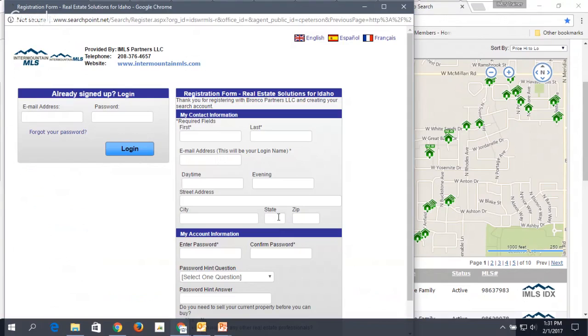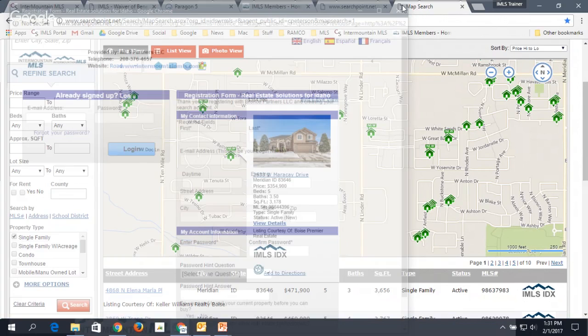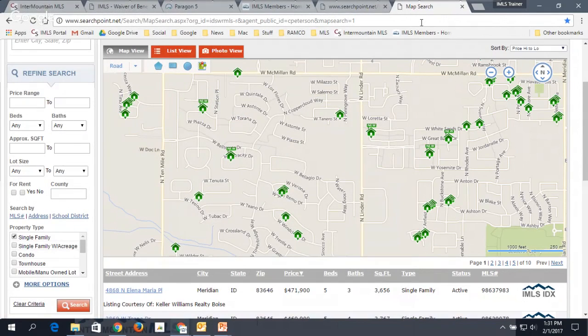And so whether you use our site or somebody else's, you want to make sure that's part of what's going on. Because if you're not doing that, then you're just paying money for people to come look at listings for free and then call somebody else. So you're trying to capture that